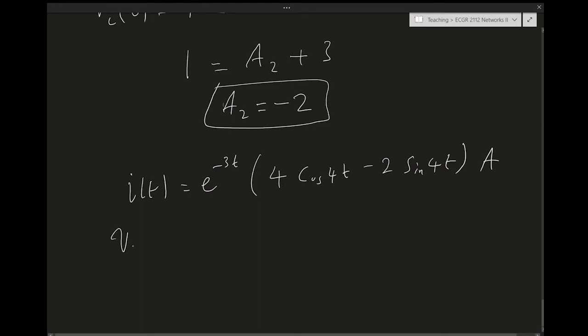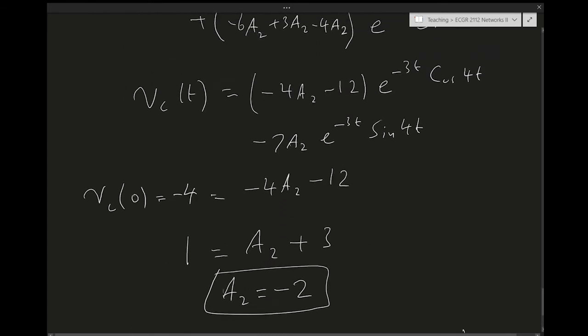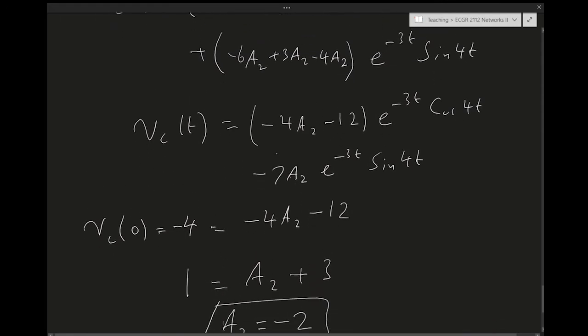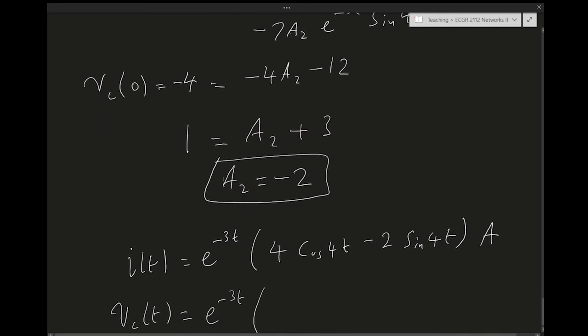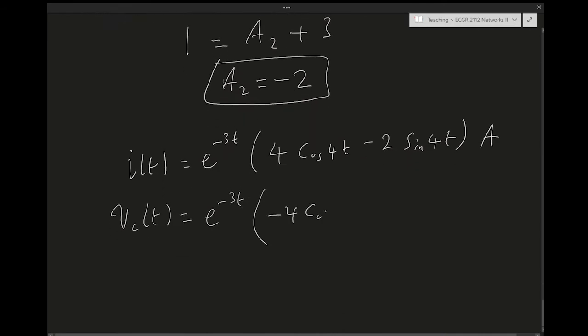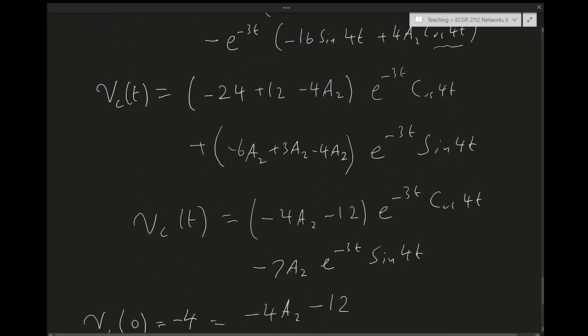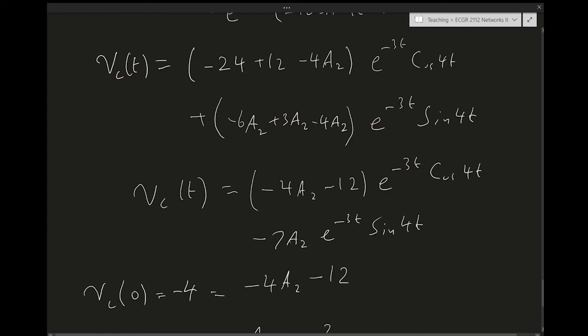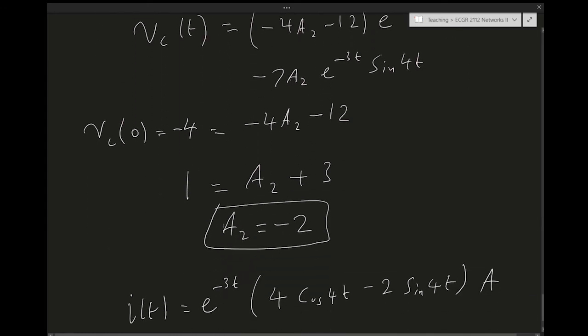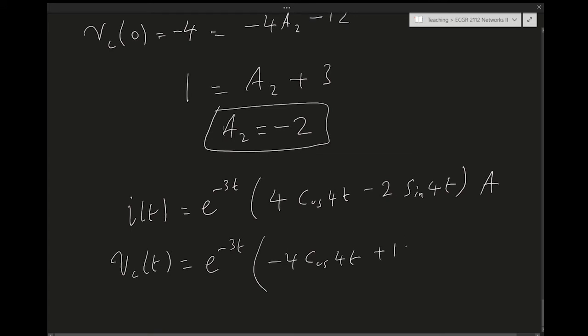And then if we want, we can write Vc of t equals e^(-3t), right? And then I have to plug in the value for a2. Here's the expression. So a2 is minus 2, so it's going to be minus 4 times minus 2, which is going to be 8, minus 12. So it's going to be minus 4 cosine 4t, and then this expression here is going to be minus 7a2. Minus 7 times minus 2 is going to be, 7 times 2 is 14, right? So it's going to be plus 14